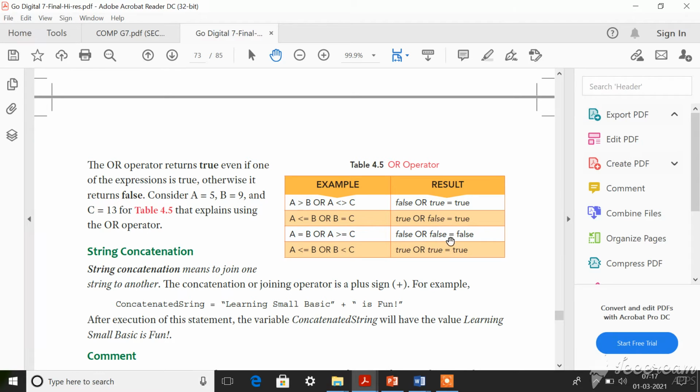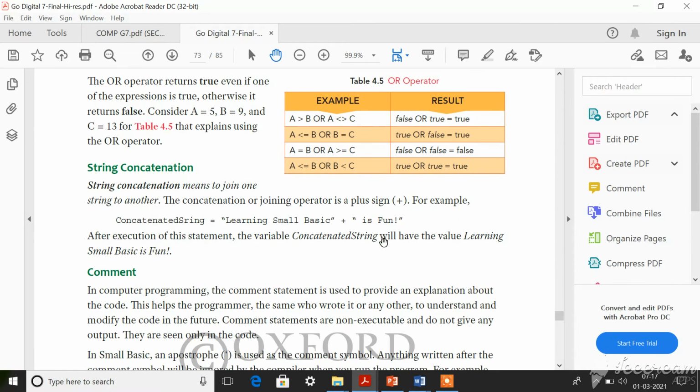But if both the results are false, if both the values are false, then result is also false. Okay, here both the values are true, so the result is true. So this is the specialty of OR operator. Okay, understood, dear children? So there are only two logical operators in small basic. One is AND and another one is OR. Okay, and these are the functions of AND and OR.